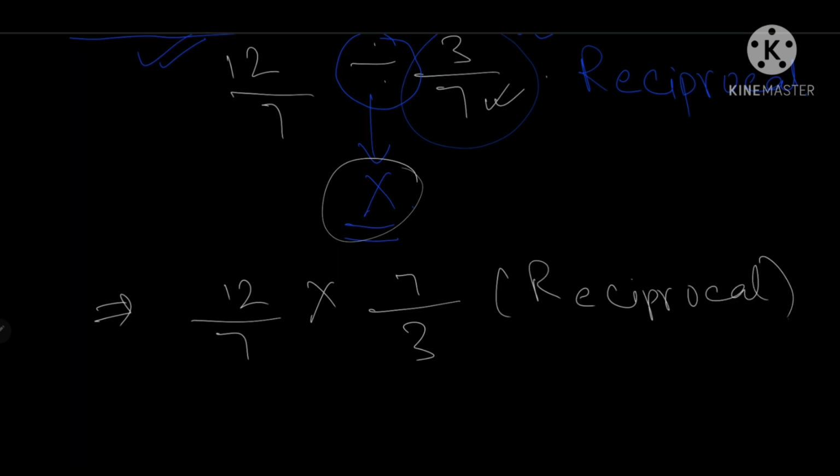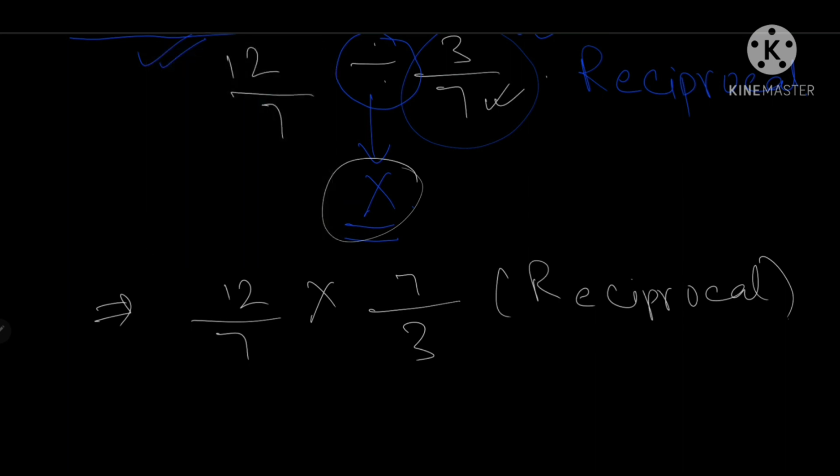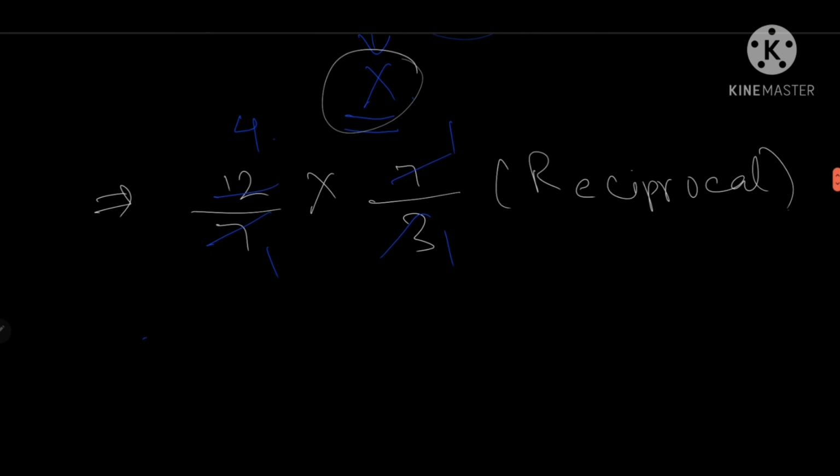Simple. Now we all know what we have to do out here. We have to do the basic reducing, or in my language, cutting. 7 ones are 7, 7 ones are 7, 3 ones are 3, 3 fours are 12. So the basic answer to this division is 4, which is your answer.